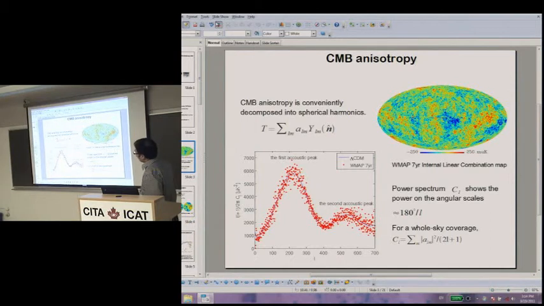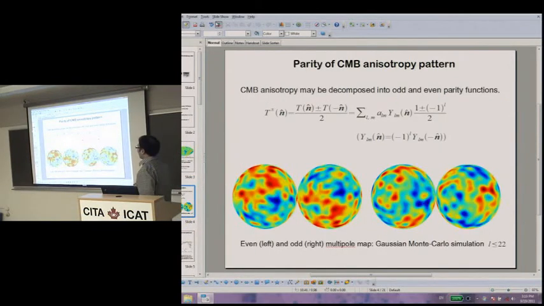And so these are the W7 power spectrum data. There's a first acoustic peak and a second acoustic peak. The locations of these acoustic peaks are sensitive to the geometry of our universe and the ingredients of our universe. So by fitting data to the theory, we can impose constraints on our cosmological model. That's the pretty big difference in the anisotropy. And now, let's look for something anomalous.